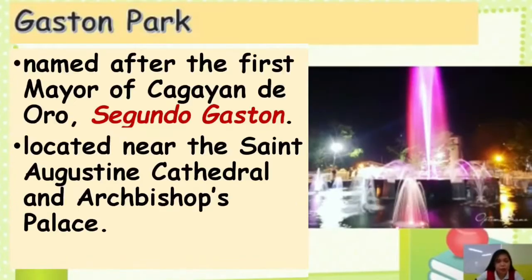And we have here the Gaston Park. It was named after the first mayor of Cagayan de Oro, Segundo Gaston. This one is located near the St. Augustine Cathedral and Archbishop's Palace. And this park was the center of town when Pueblo de Cagayan was first erected in 1624. And this plaza served as the training ground for the local revolutionaries who were preparing for the Philippine-American War in